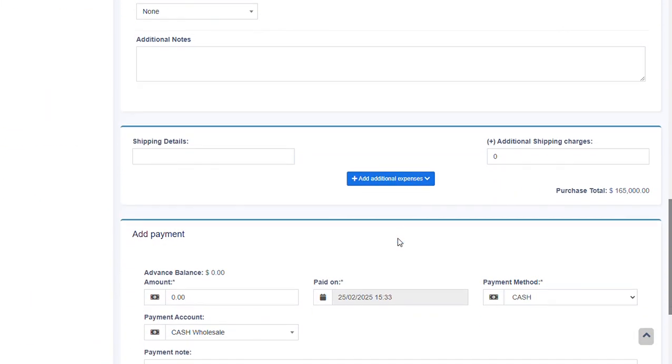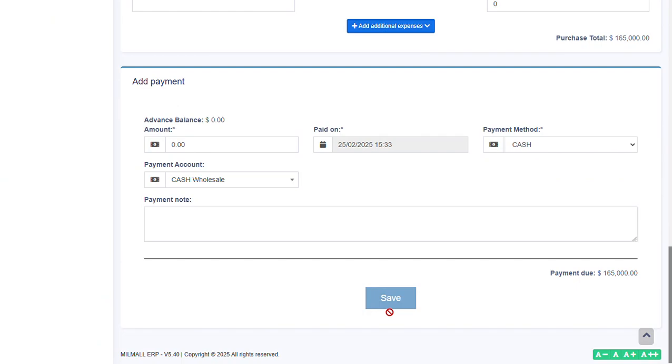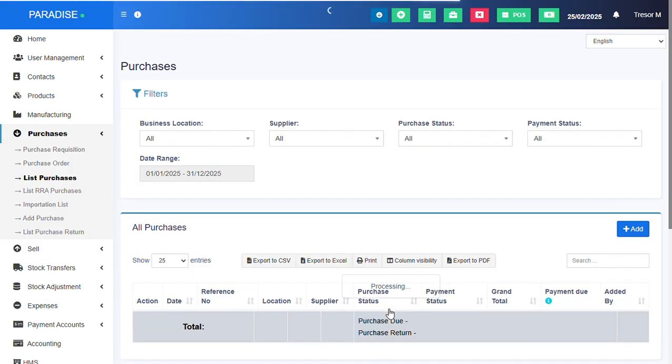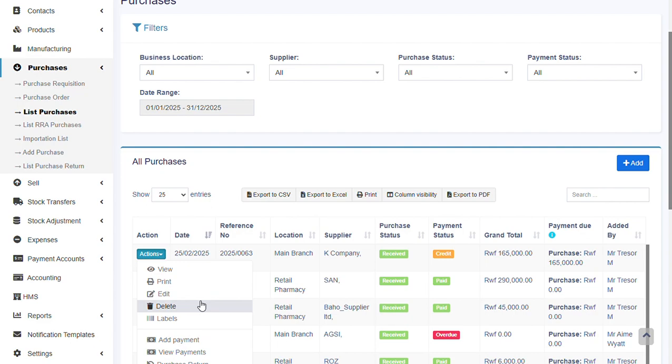Once you're done with everything and double checking, then you click on save to save the purchase invoice. At the top of the list of purchases made, you will see that you have recorded that purchase. To view it, you navigate to this action button, you click on it, and you click on this view, the label with an eye,